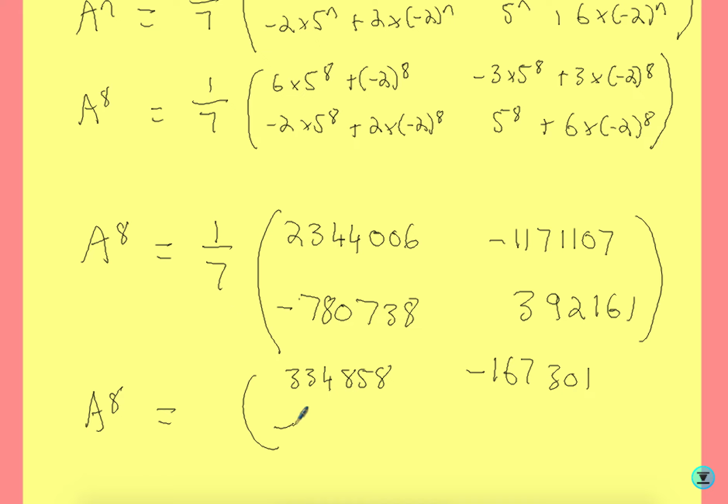That's negative 111,534. And lastly, 5602. So what I've done there is I've been able to find a matrix to the power of 8 by